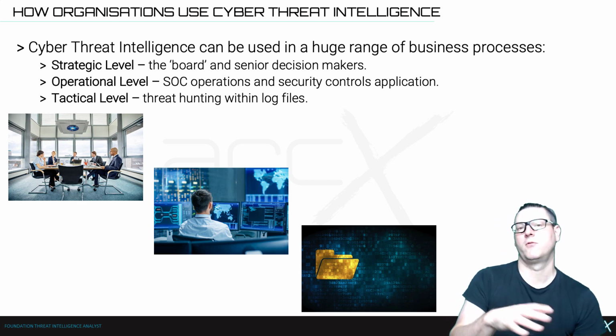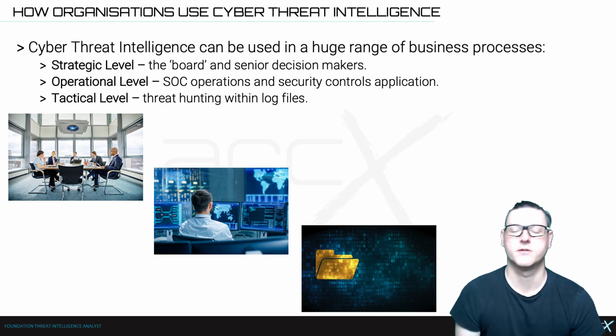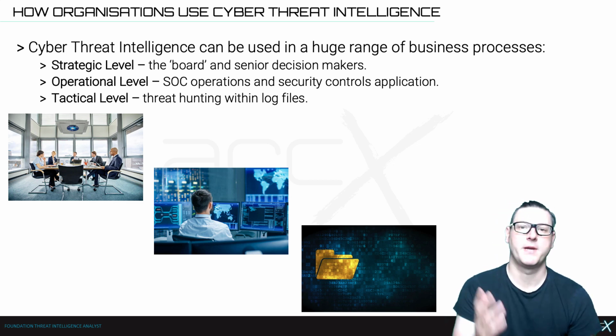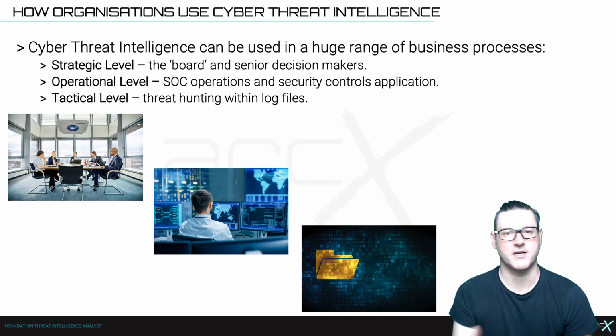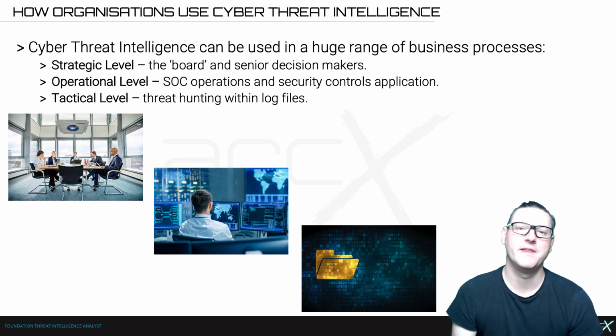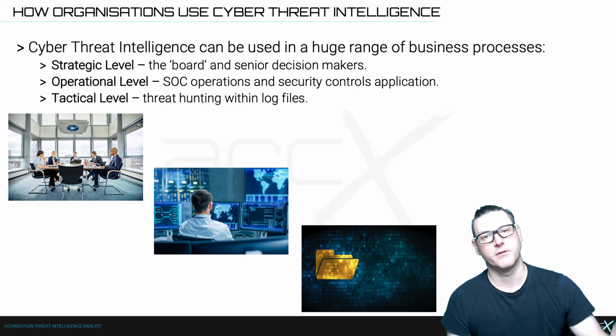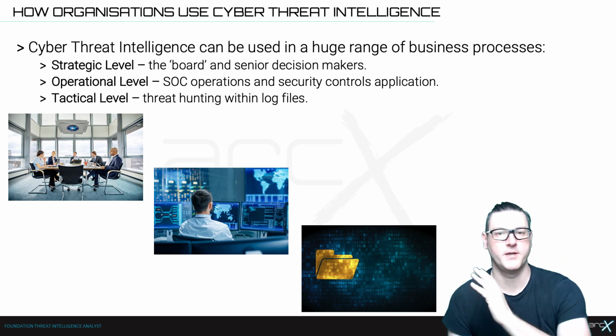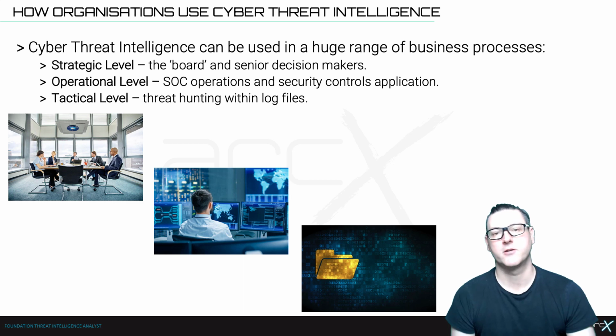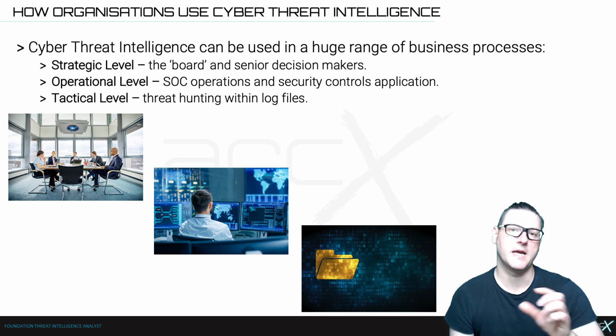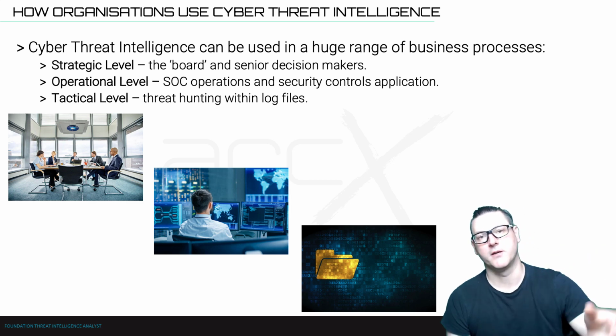So at the strategic level, that's the big picture. For example, if it's a car company, they want to make cars that people want to buy. That's a strategic goal, absolutely. At the operational level, that's where they put their factory. Are they going to put that in China? Are they going to put that in Germany? Where are they going to put it? And at the tactical level, who they're going to go and get to work for them. Okay, so you can see there that you've got that relationship between those levels.